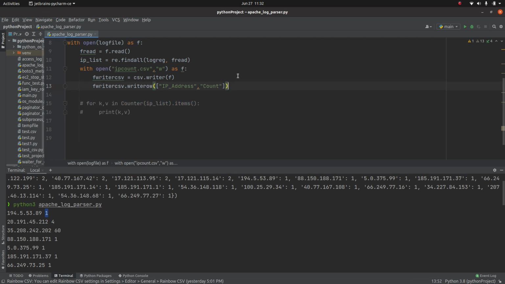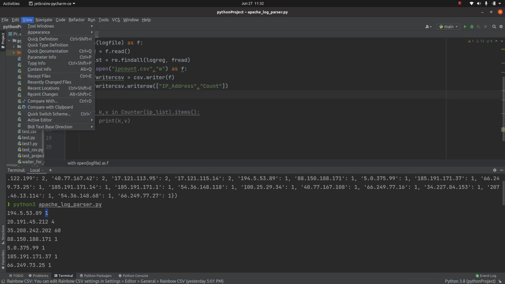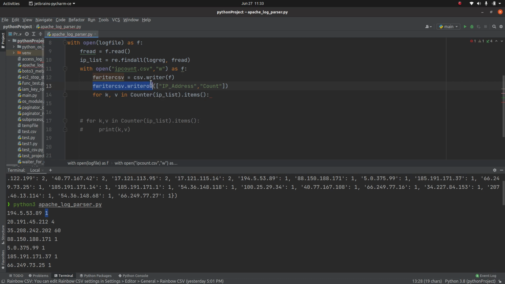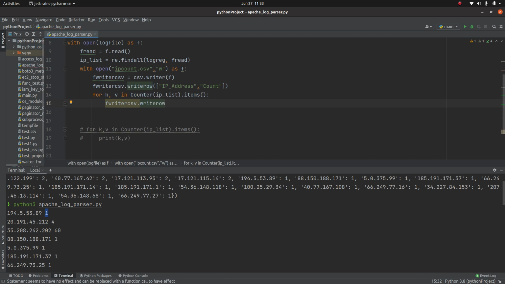And this time I can use the same method, fwriter.writerow, and I can supply this key and value.